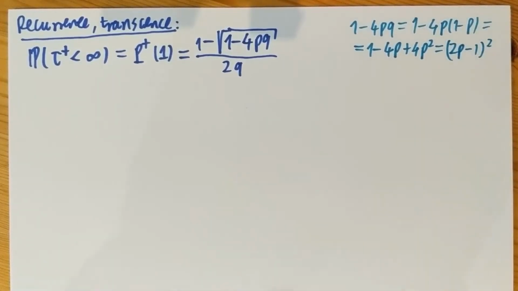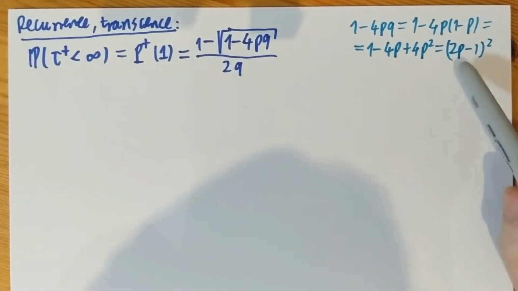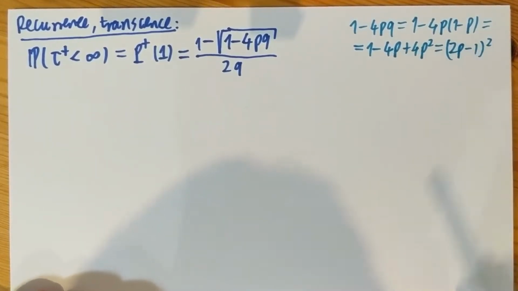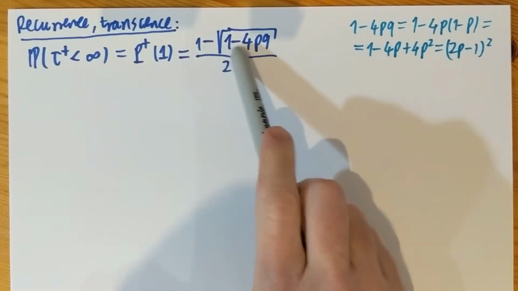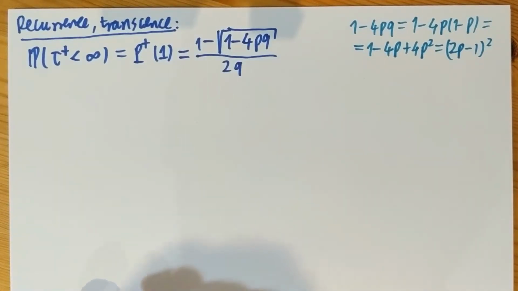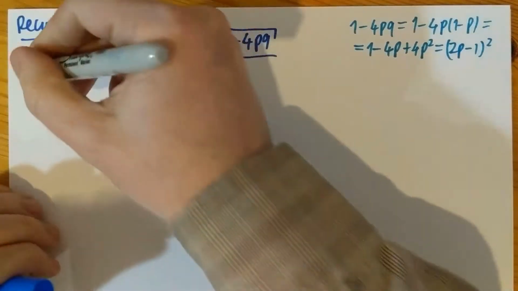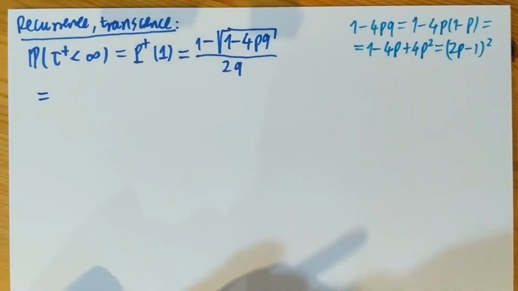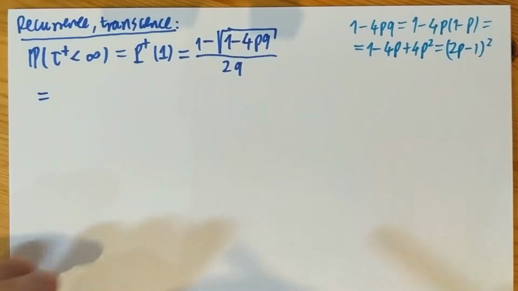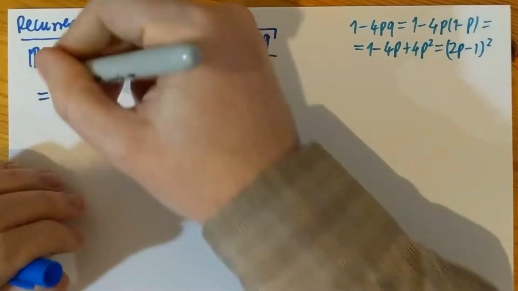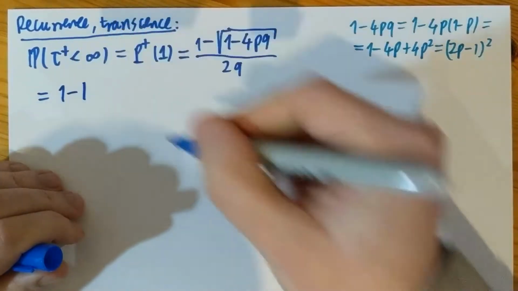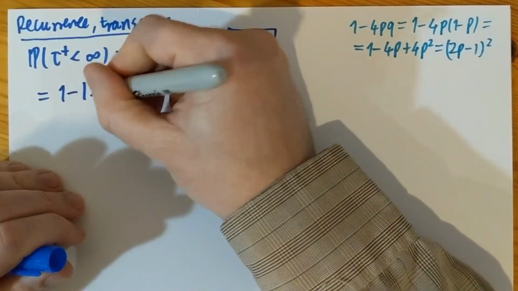Because (2p minus 1) squared indeed gives me 4p squared minus 4p plus 1. So 1 minus 4pq is (2p minus 1) squared. What happens if I take a square root of a square? It will give me the absolute value of the quantity. So this is 1 minus the absolute value of 2p minus 1